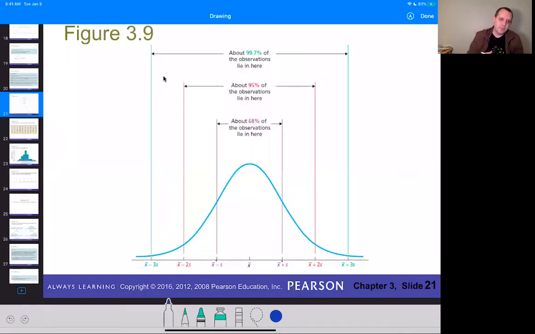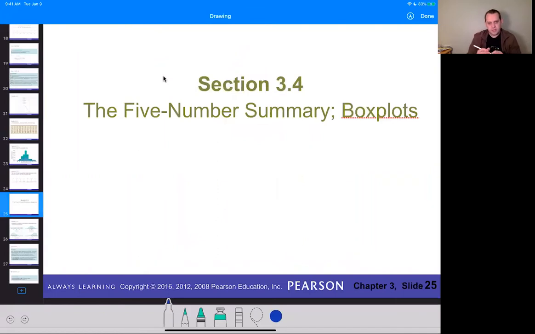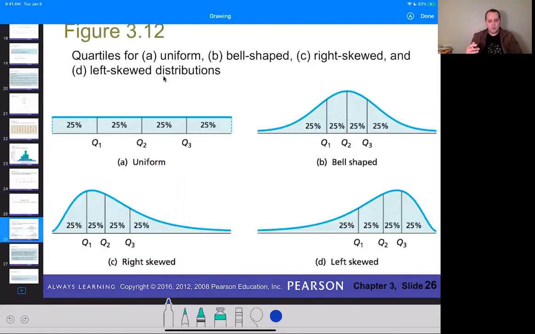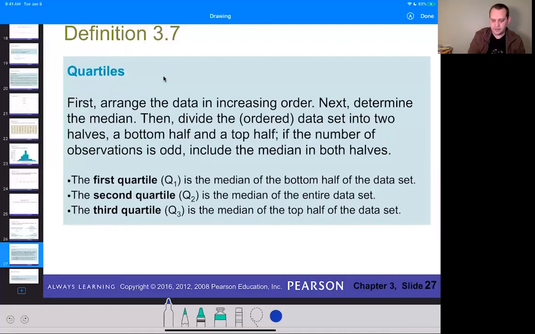Our next item is we're going to talk about what's called the 5-number summary and box plots. And the 5-number summary is going to involve what are called quartiles. And quartiles are just how you split up your data so that each quartile contains a quarter of the data. If you were to talk about your quartiles, Q2 is the median. Okay, so we'll talk about exactly how to do this, but Q2 is going to be the median, and then